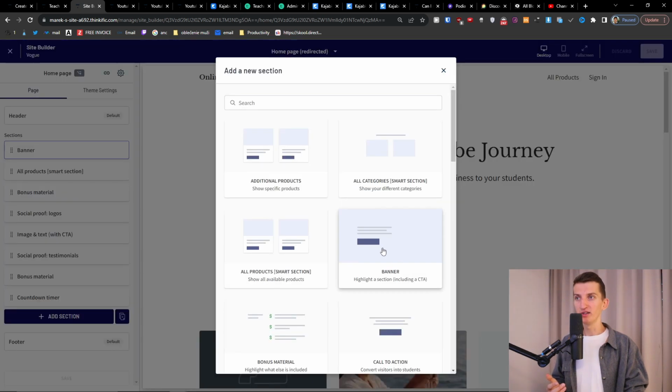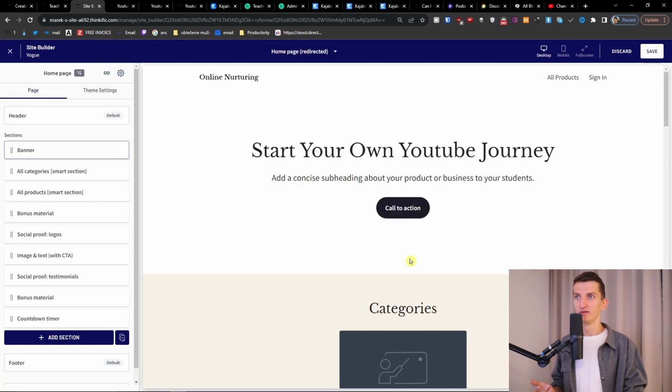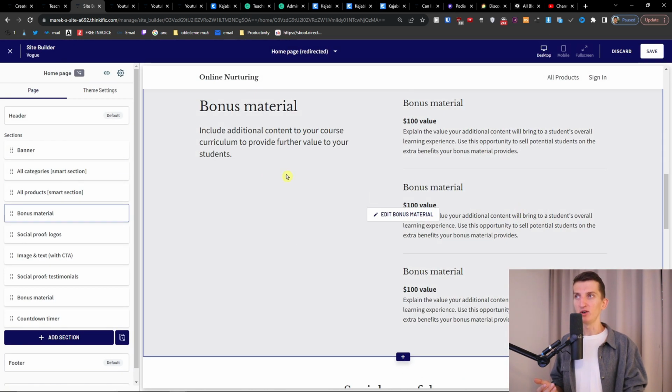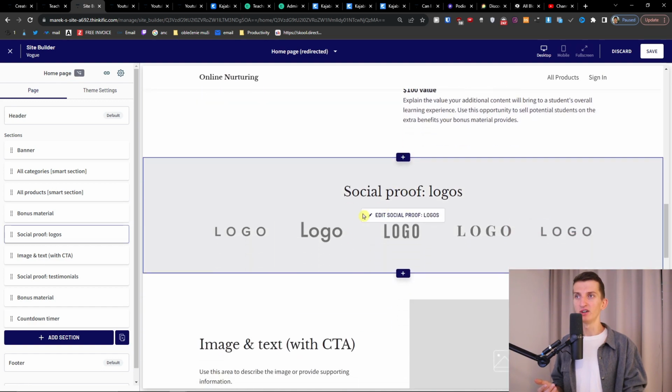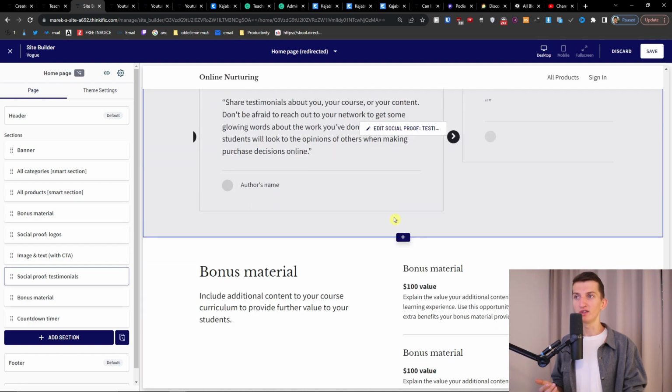Now I can click plus here, I can add all categories. And you can add things like social proof logos, testimonials, bonus material. For beginners, I think this is going to be sufficient. You can edit the website how much you want, you can play around with it, you can change the colors,